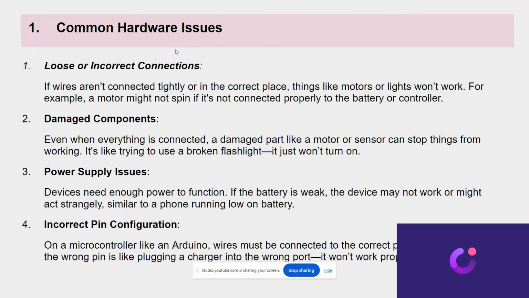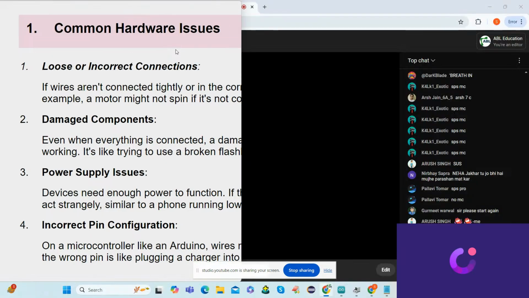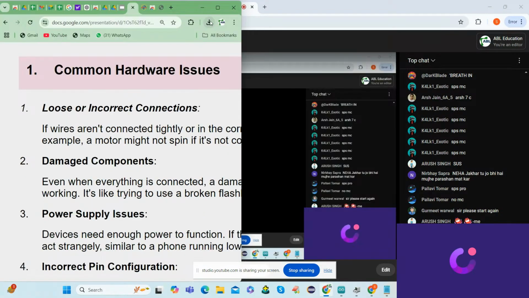Third is the power supply. Whatever power is required for your robot, you have to give that much power. If you give less power, it might not work properly. And the fourth and last problem is